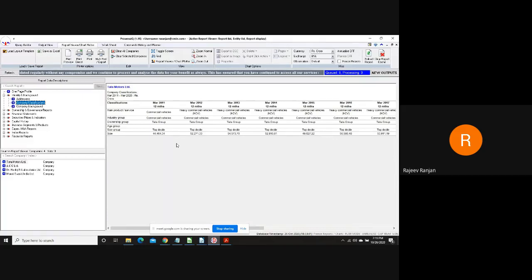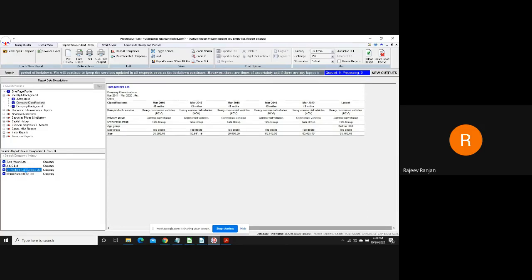So what we do is look at the product schedule and see the product revenue contribution, and the company which receives 50% or more of its revenue from a particular product is termed as the main activity, and the company is mapped to that activity. For example, Tata Motors in 2011 was mapped as a commercial vehicle company, whereas from 12 onwards, it became a heavy commercial vehicle company. Commercial vehicle is a broad category, but the product profile showed that they now specialize in heavy commercial vehicles. So companies change their activity, and we can track it across the board.